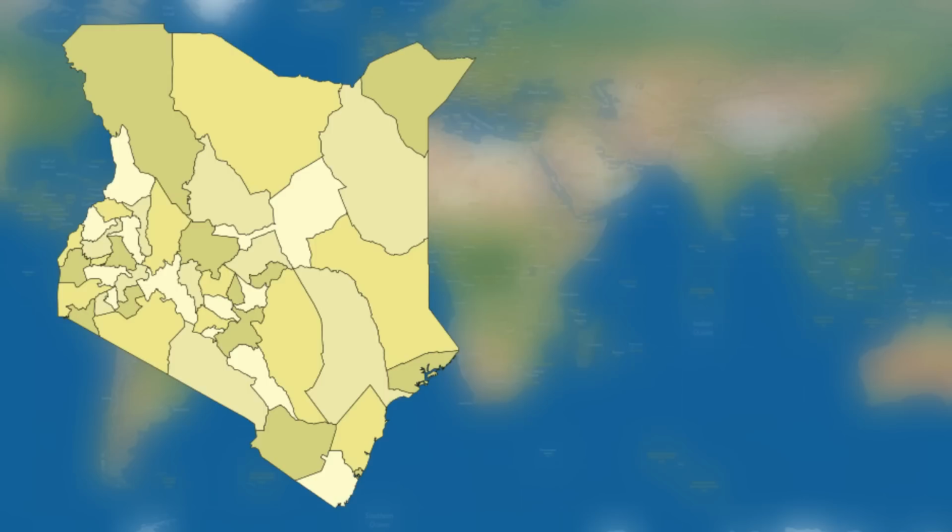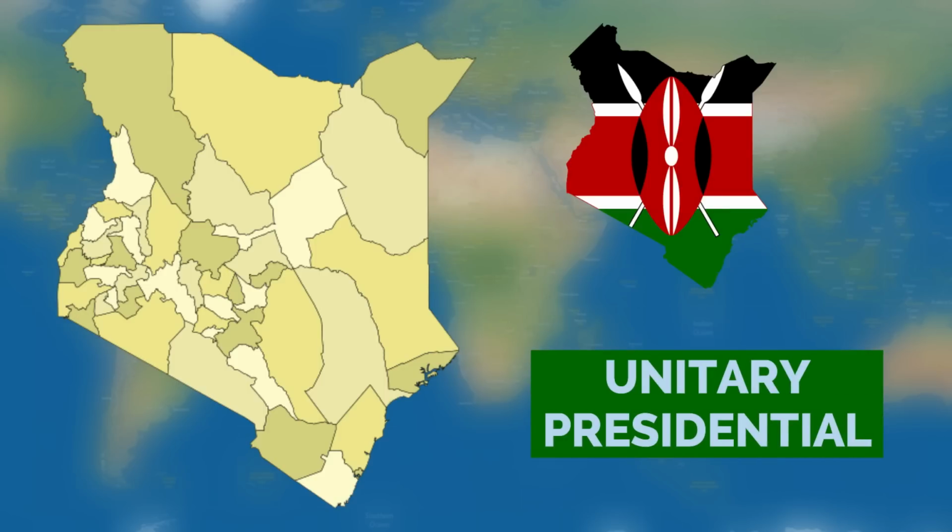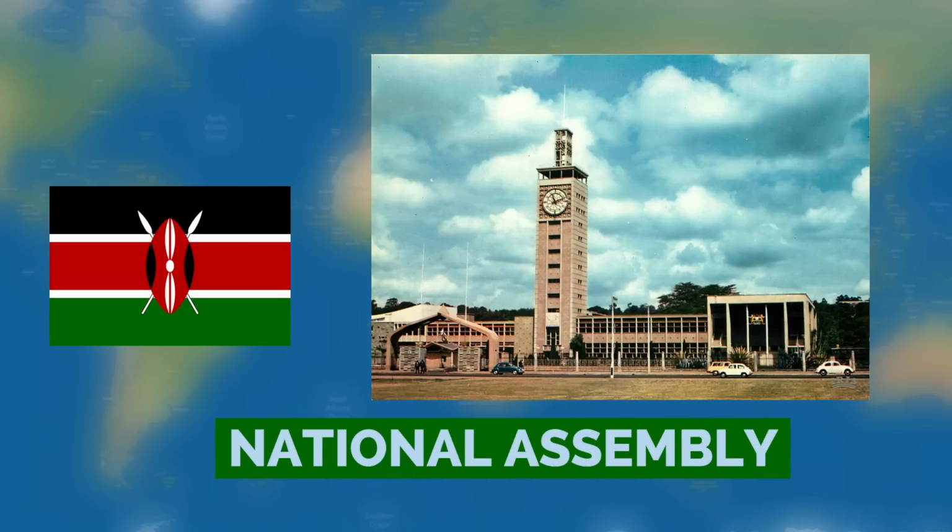In contrast, Kenya is a unitary republic but with a more decentralized structure. Kenya's counties have semi-autonomous powers and run their own governments headed by county governors. The national government based in Nairobi carries out many of the key governmental roles, but county governments in Kenya exercise more autonomy compared to Uganda's district local governments.